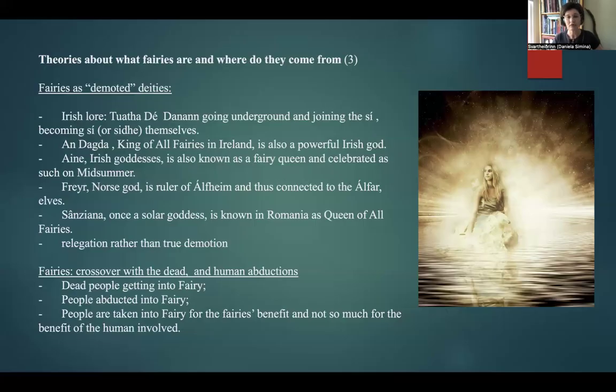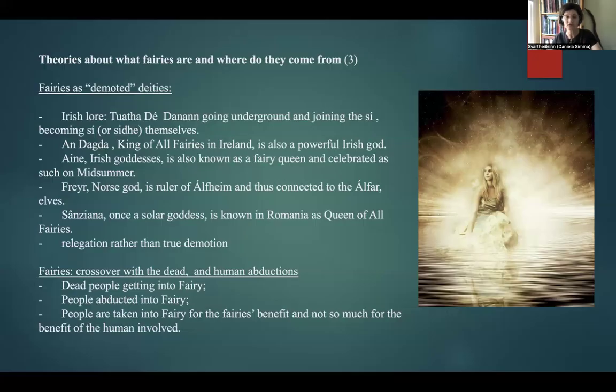However, the reason why I do not see this as a demotion is, if we look in the specific cultures at how these beings are regarded and honored, and I don't want to say worship, because this could make some among us uncomfortable, because there's the belief that we only worship gods, we don't worship fairies. Fair enough, but they are nevertheless honored. Offerings are left for them in the same way as offerings were left in olden times, offerings of food,